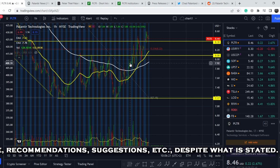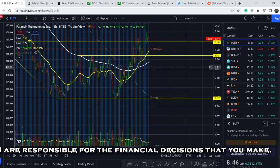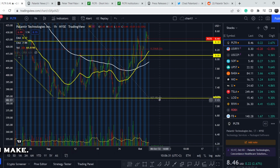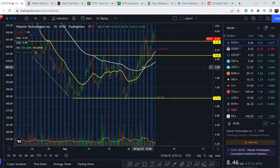And I told you that if this asset goes lower from this point, we should at least retest this range. But the lower this asset goes, the more probability we might have to break this range of support. And in this case, we should have a support range from $6.42 from its previous swing low. And the bull case was that we should break this range of resistance at roughly $8.08, and we should have